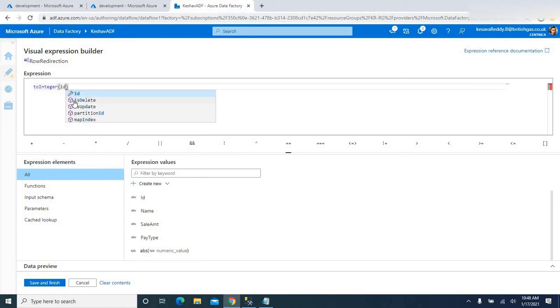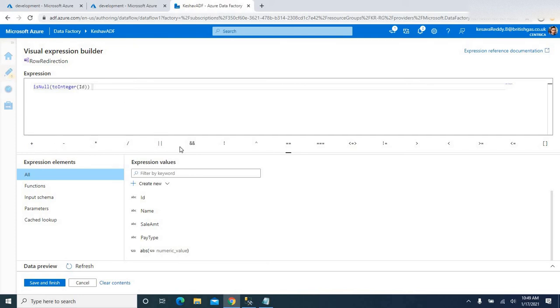So the ID column, fine. If it cannot be converted, it will return a null value. Then I'm going to use one function, isNull. If this returns null, I will treat that row as an error row. In the same way, conditions for the other columns.